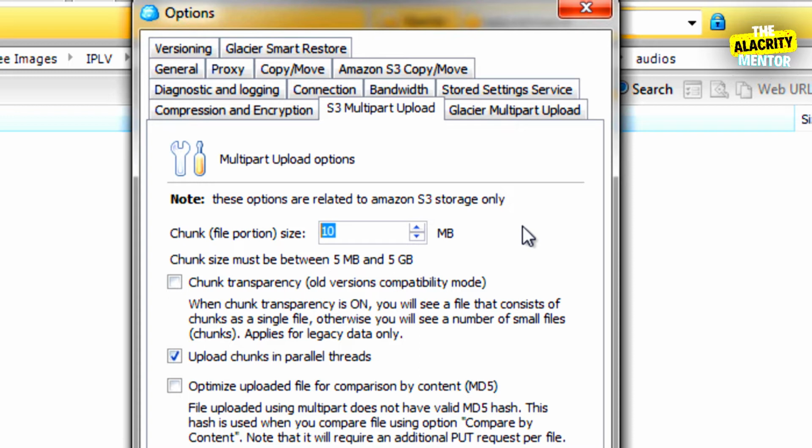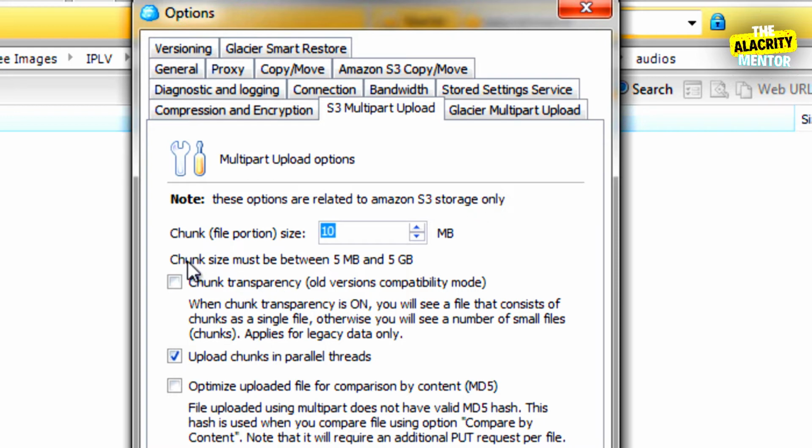You can also specify what file portion that you want. Obviously the smaller the portion, the more chunks it's going to split up. So if you're uploading a 500 megabyte file and it is 10 megabytes each, that's going to be 50 parts that it's going to be uploading, splitting it up so that it speeds up the process. Now, when it actually gets onto the S3 server, it's going to be one file. So you don't have to worry about it splitting into 50 different files and creating a mess. No, it's doing it within the system, and once it gets onto your S3 account, it'll just be one file. So that's not something you have to worry about.